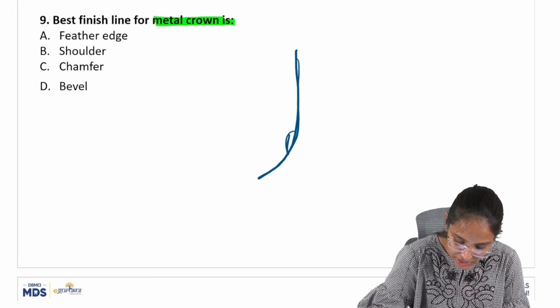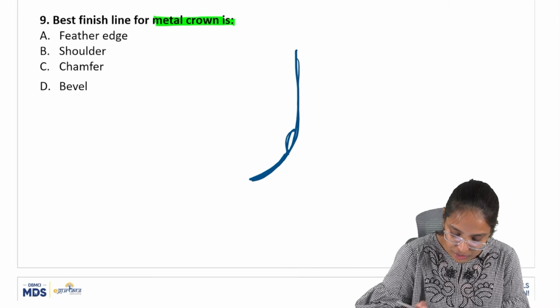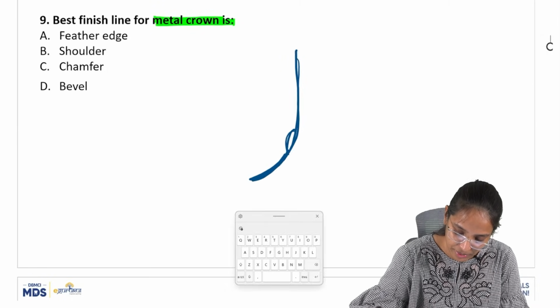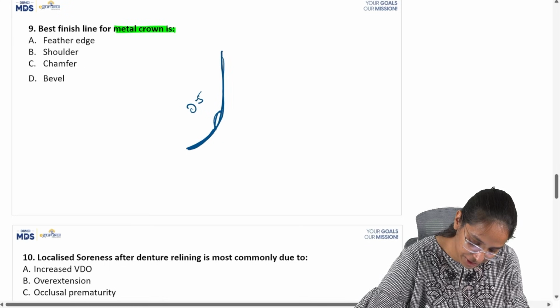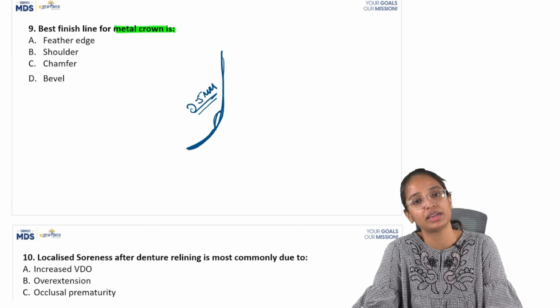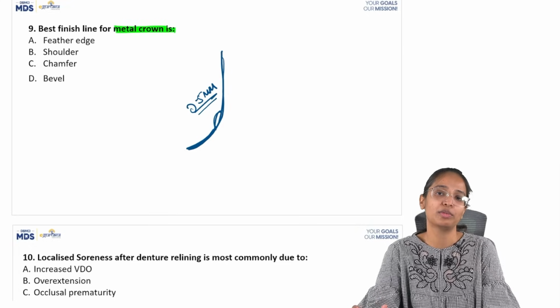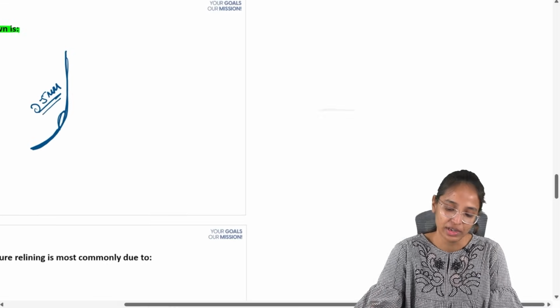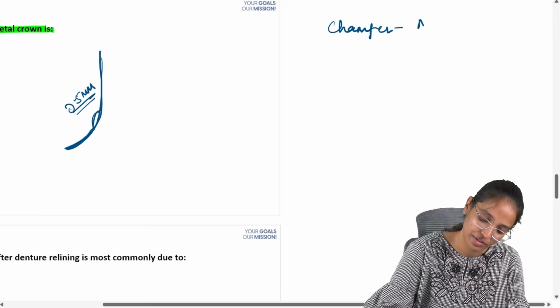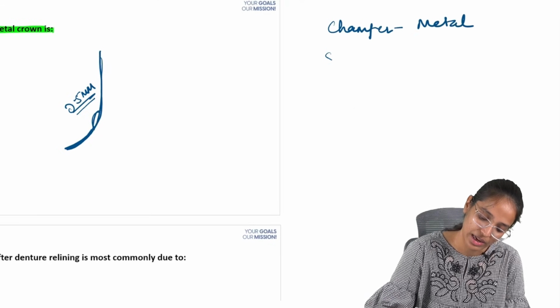Internal angle is generally rounded. Fine. The chamfer goes about like this. Generally, what we prepare is a 0.5 millimeters of chamfer that we prepare for a metal crown, and universally the most commonly used and accepted is chamfer. So what we follow is chamfer for metal and shoulder